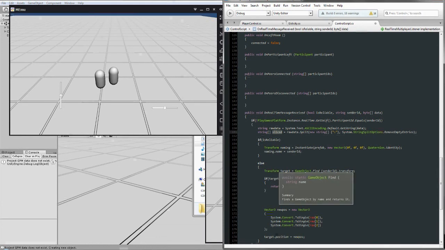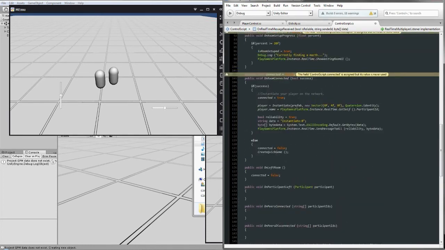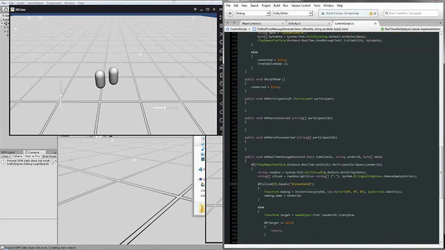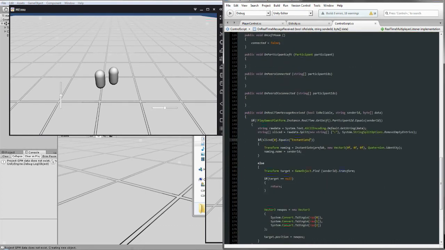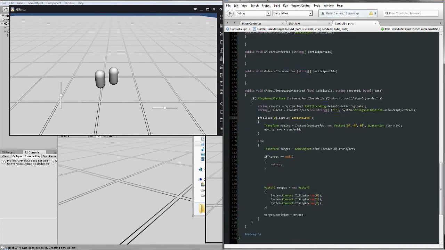And here, call this slice. That's 0, that equals the variable instantiate. Or, to be exact, this one: if it is equal to 0, because the value is split, this is 0, this is 1, and the next one, this instantiate, it should instantiate the player, and then else